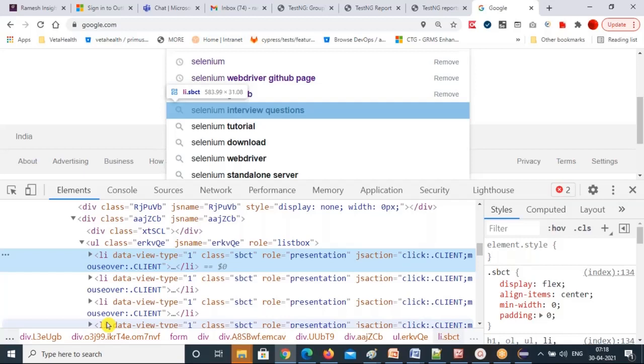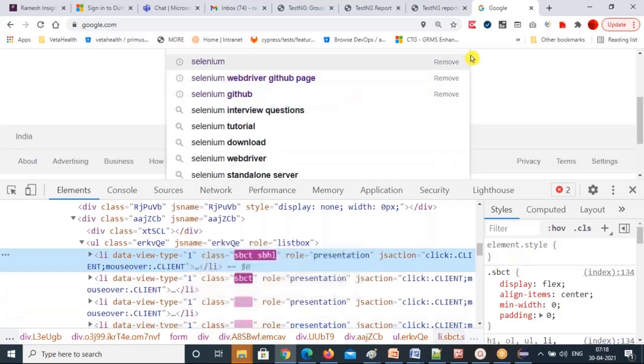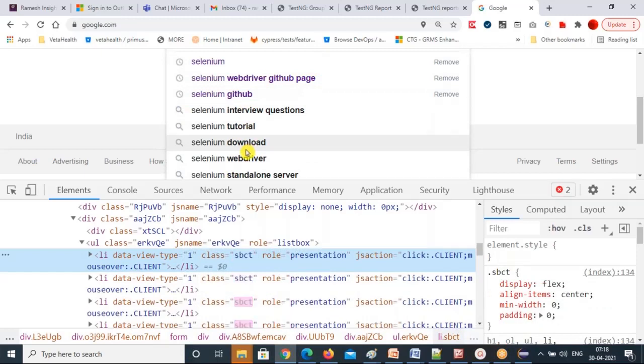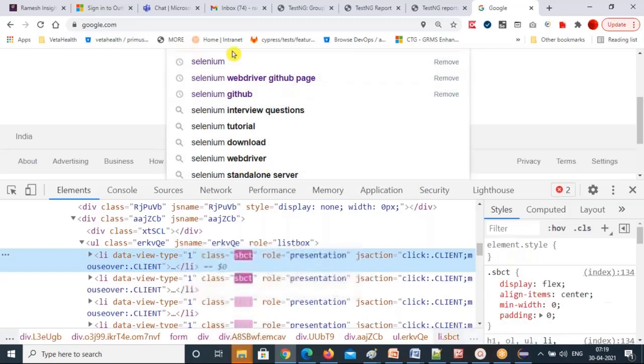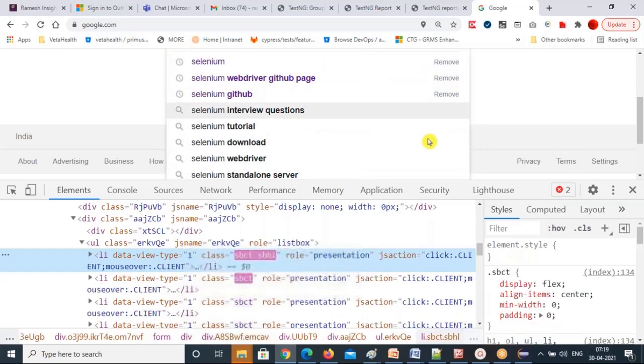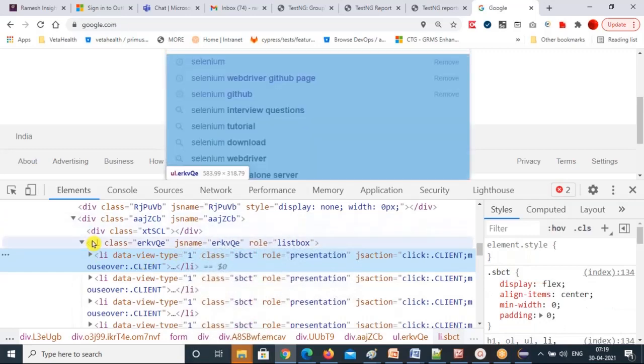Anybody can give a clue? This code I have given at the time of the findElement and findElements methods explanation. So this is the group of elements you have in the box. Everything inside the particular box you have to fetch into a collection. How can you fetch it? What is the code you have to write? First, identify this entire list box. This is a list box, not a drop down. This is a suggestion list box. So identify this entire suggestion list box using this UL tag, which represents the entire suggestion box.